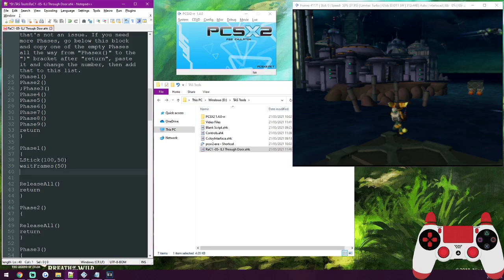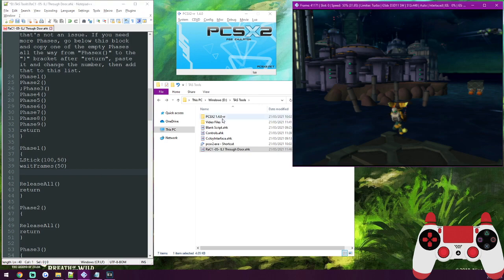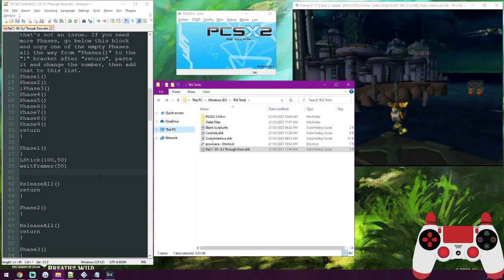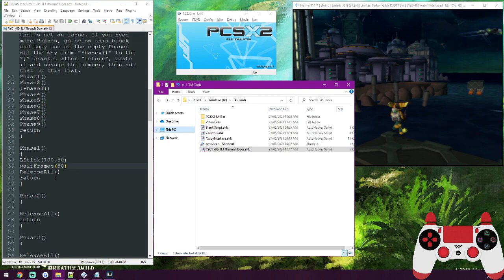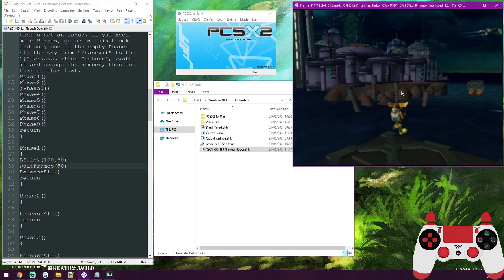By the way, all I'm doing there is alt-tabbing between these two windows. Once I've made a change here, I'm saving it. If you look up here, the red save icon means it's got unsaved changes. So I'm just pressing Ctrl S to save, alt-tabbing over to the emulator window, pressing F5, pressing F3, giving it a second, and then pressing Insert to run the script. So now that we're here,